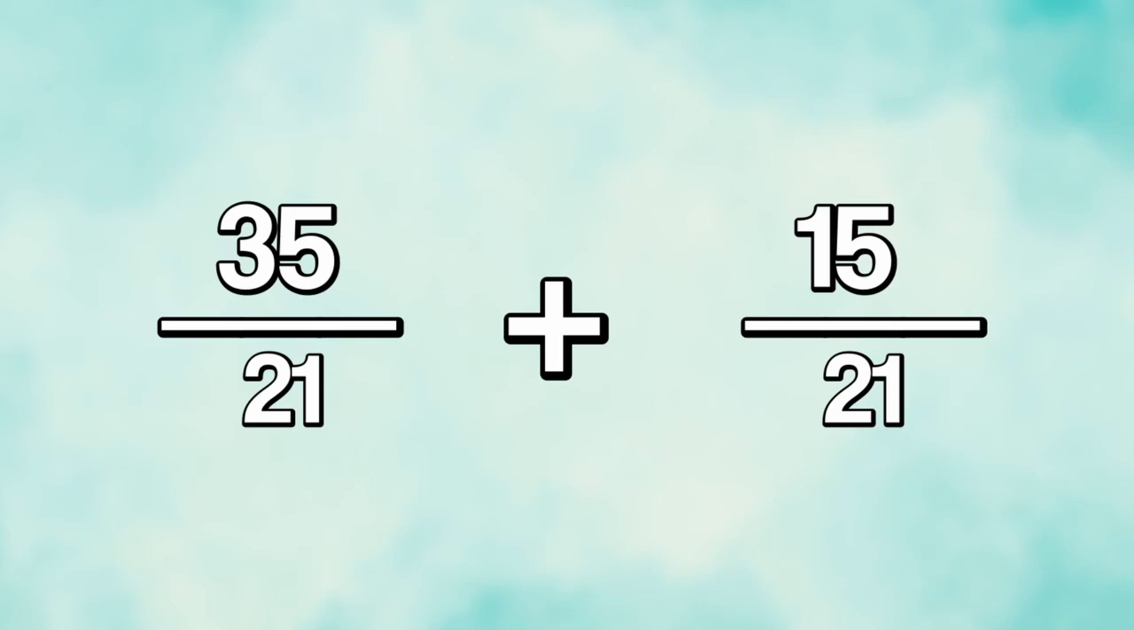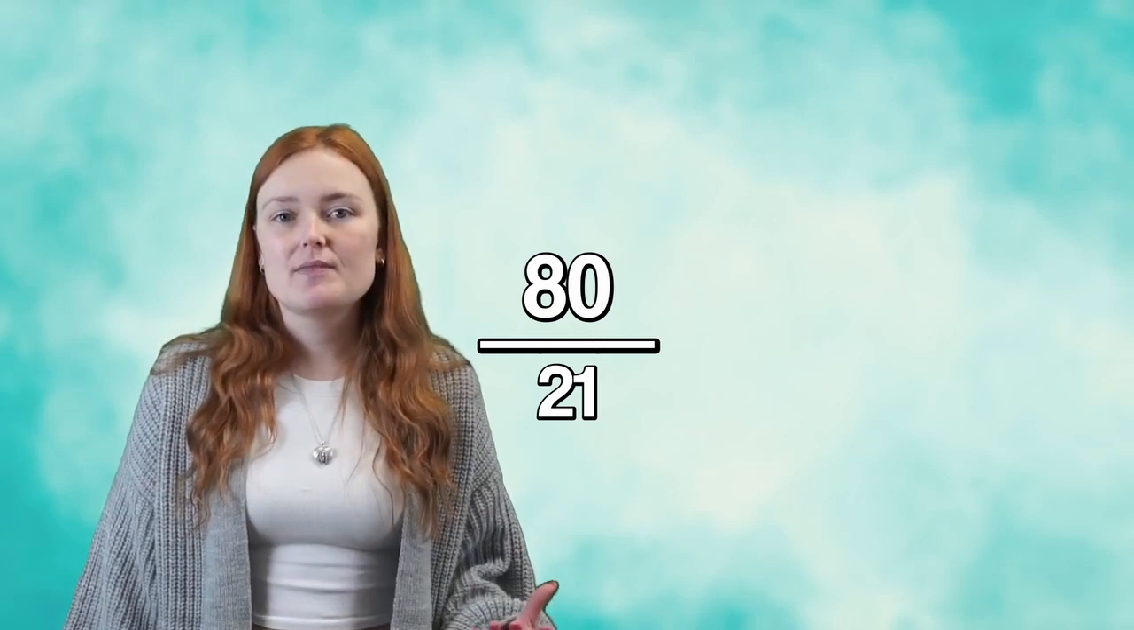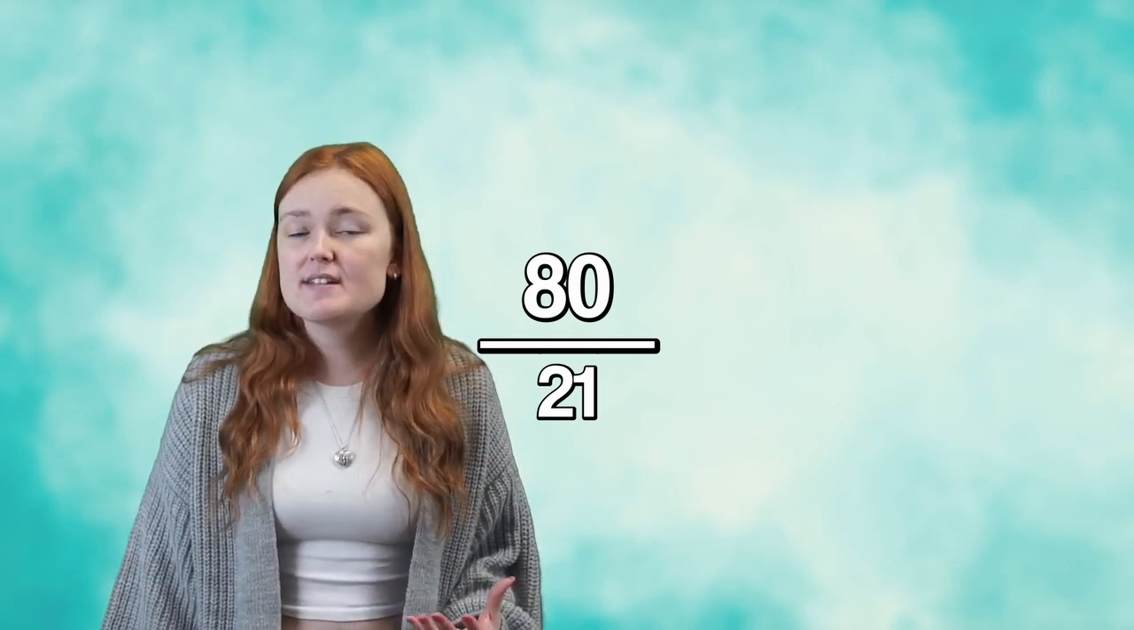To make it 21 on the bottom, I would need to multiply by 3. 15 times 3 is 45. So I've got 45 over 21. So I'm now left with 35 over 21, add 45 over 21. So I can just add the top numbers. 35 add 45 equals 80. So 80 over 21. You might want to stop there, but because my question was given to me as a